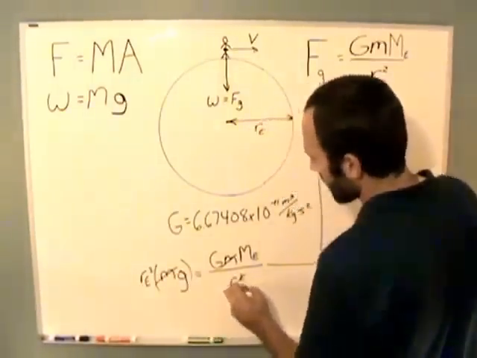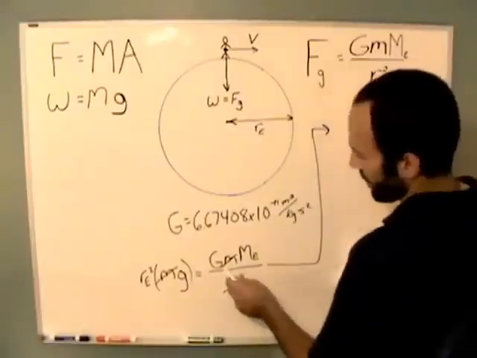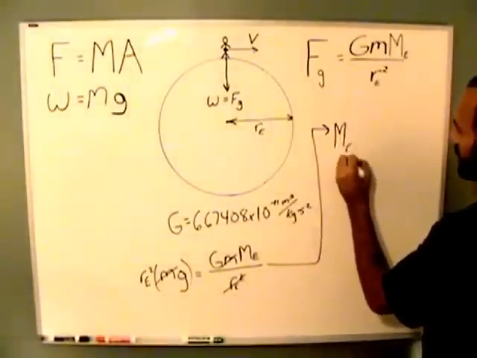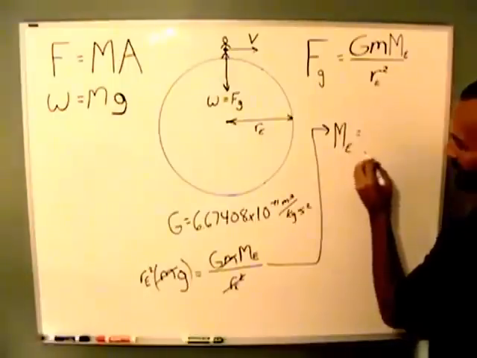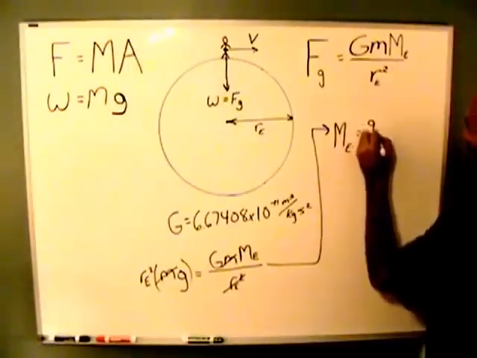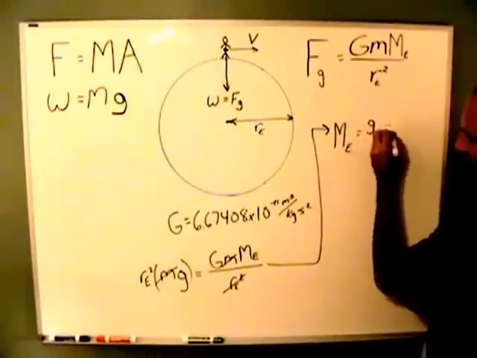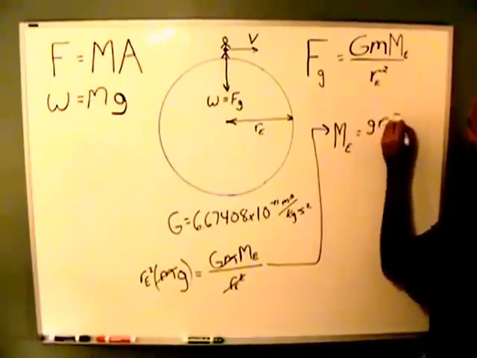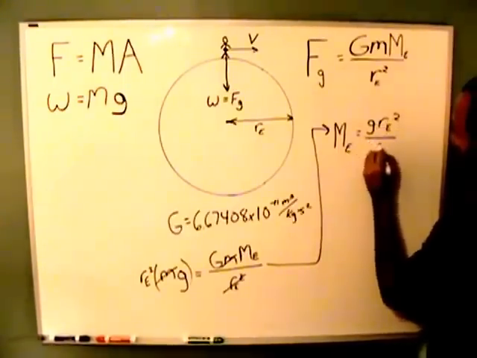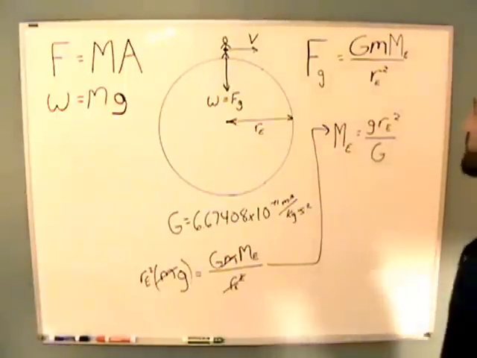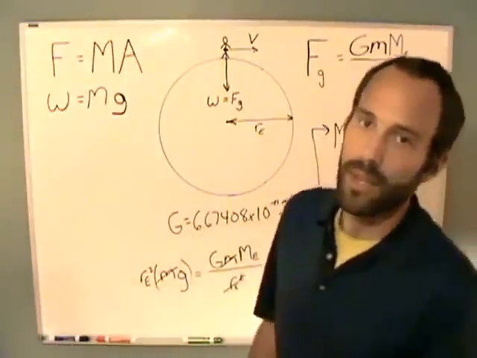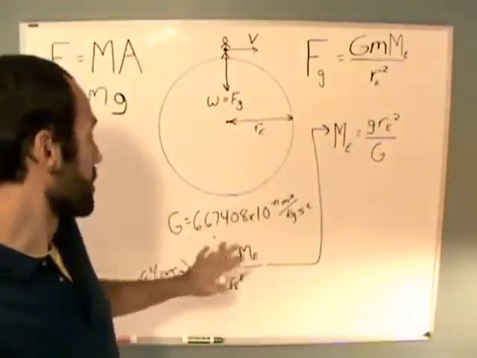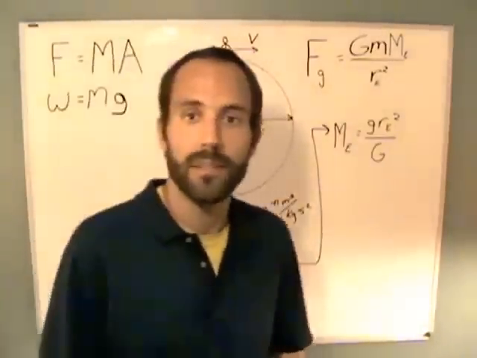Cancels on this side, and then you can divide by big G. So you get ME, and this is basic algebra here, is equal to little g, the acceleration due to gravity, or the rate at which things accelerate towards Earth, times the radius of Earth squared divided by big G. And that is how the mass of Earth is calculated. That is the mass that NASA has on their fact sheet, where I got all this information about the Earth's radius and the mass of Earth and everything